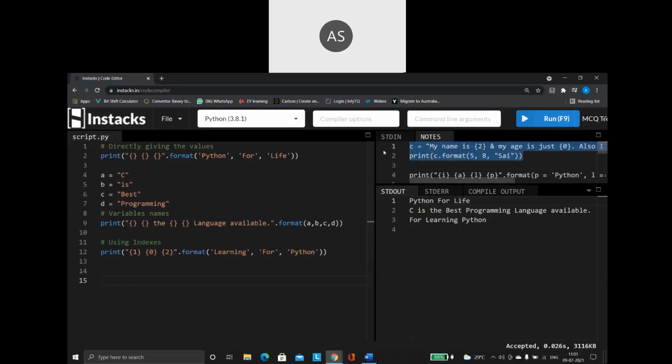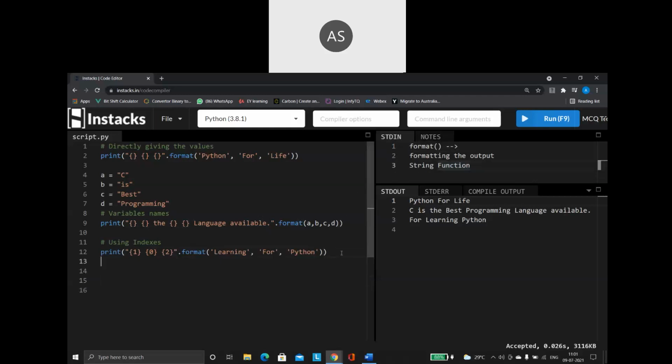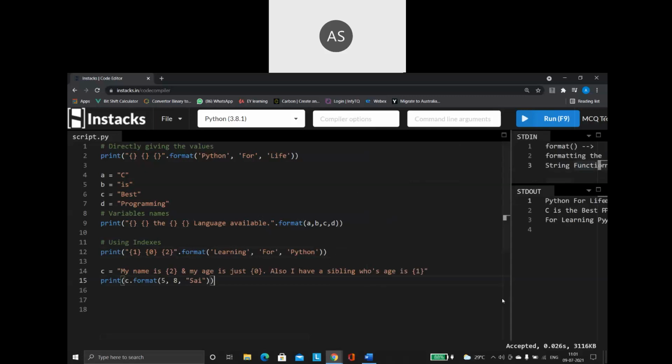Let us go for the next format. So here what I do, I am creating a string.